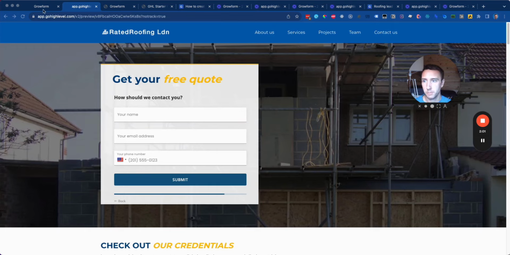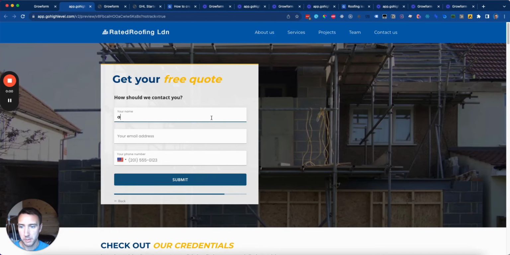There's a lot in GrowForm you can do in terms of theme customization, all sorts of interesting fields. There's hidden fields, there's tracking and tagging, there's confirmation screens, there's all sorts of stuff. But for now, let's move on to possibly the most important part of the tutorial, which is actually getting this information into GoHighLevel. Now, at the moment, if somebody fills in this form,